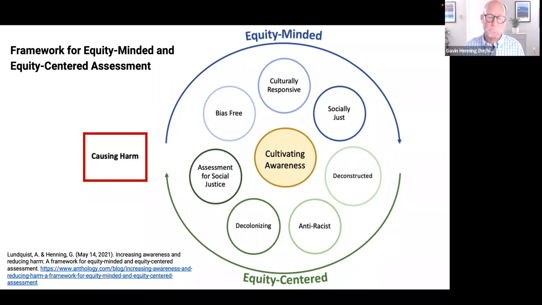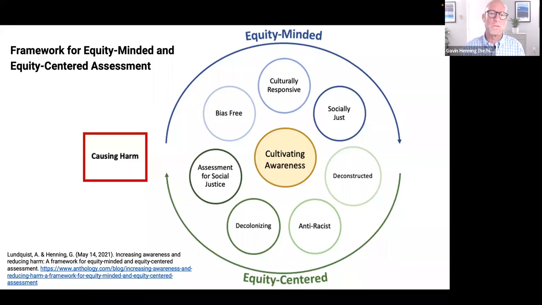Socially just assessment is a new phase that focuses on how we understand the role of power in learning and in knowledge creation. Some voices are more valid than others in our history books, in some of the content that we teach. And so we keep in mind that power has an impact on learning, not only in terms of the content that we share, but also the way students construct learning.